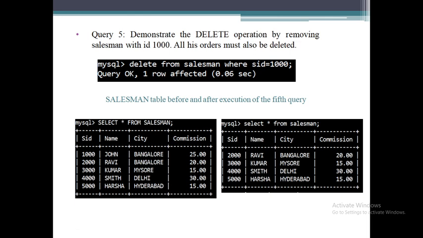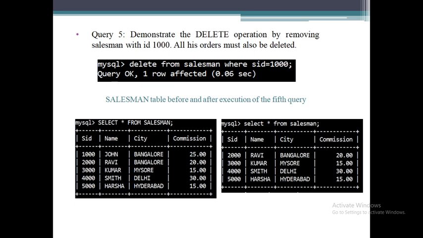You remember when we wrote the foreign key constraint, we mentioned on delete cascade in the orders table, right? That means whenever I delete a salesman tuple, all his orders must be deleted from the orders table. That's why we have taken on delete cascade in the foreign key.